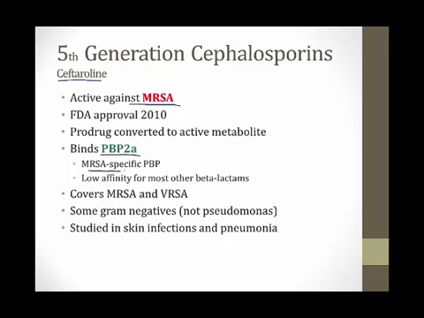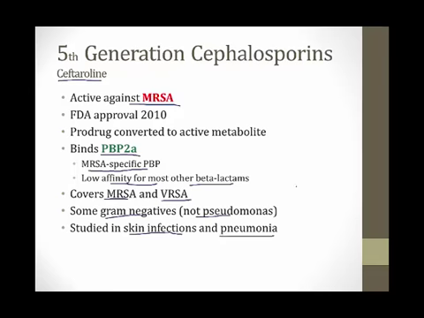This is a MRSA-specific penicillin binding protein that displays very low activity for most other beta-lactams, but it will bind to ceftaroline. For this reason, this drug can treat MRSA and also vancomycin-resistant Staph aureus, and that's its main role and the one that you want to remember for the Step 1 exam. It also covers some gram-negatives but not Pseudomonas, and it's been studied mostly in skin infections involving Staph aureus and